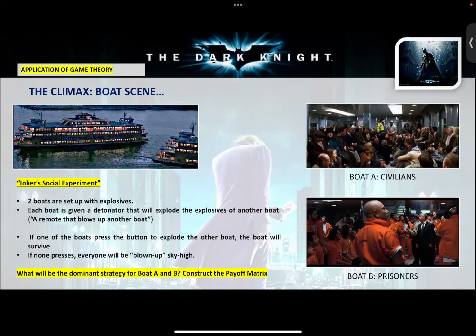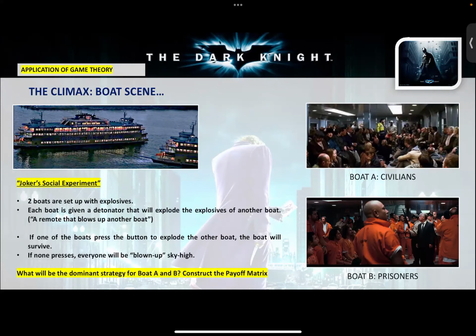This Joker, okay, he basically wants to test human behavior because he wants to prove to the Batman by saying that usually humans will work based on their self-interest. So he wants to use this experiment, a social experiment, to show Batman that actually humans will make decisions based on their own self-interest. So what happened is